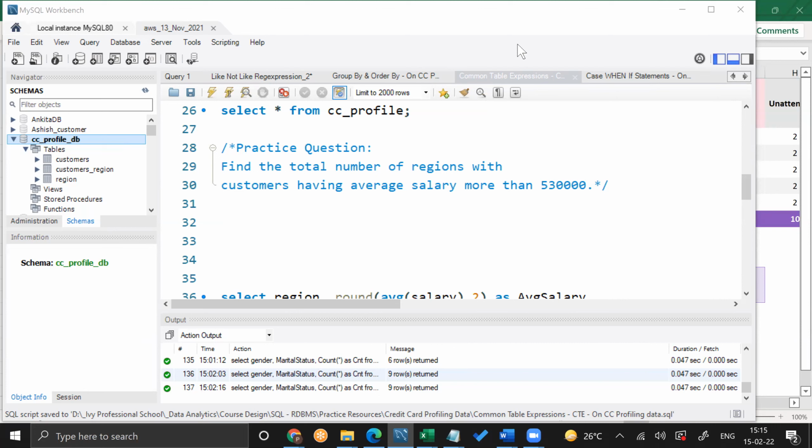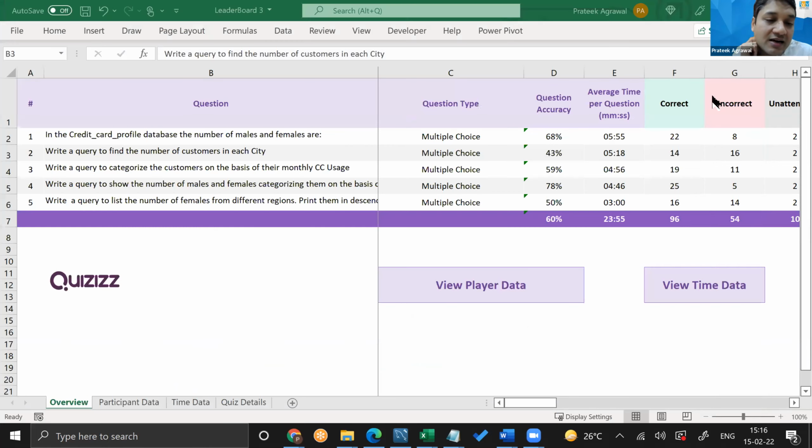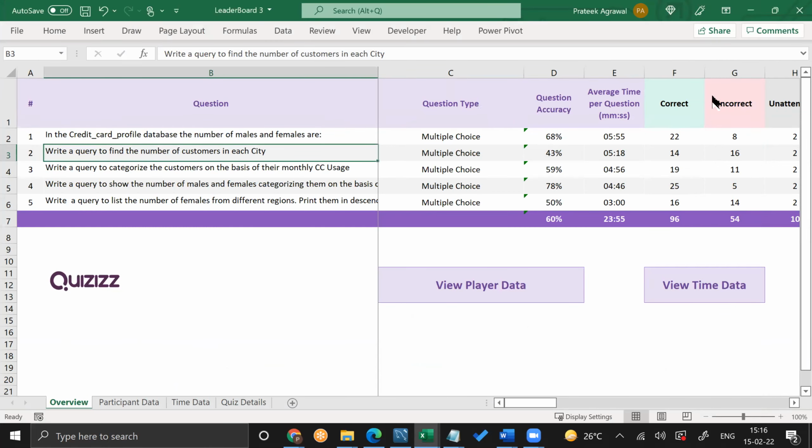So, as you mentioned, if the database name is different, how can we judge which is the correct database from which we have to select the data? Actually, Dheeraj, in this particular one I just assumed, since we discussed the same data set multiple times in the class. But again, this is the clue: your credit card profile database.